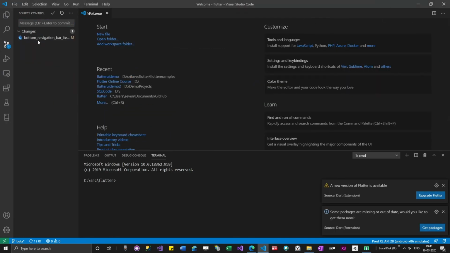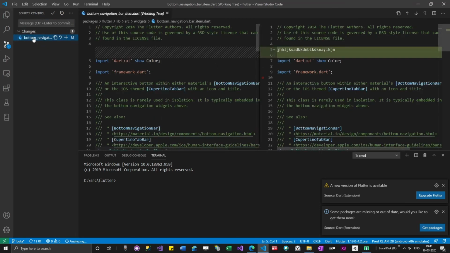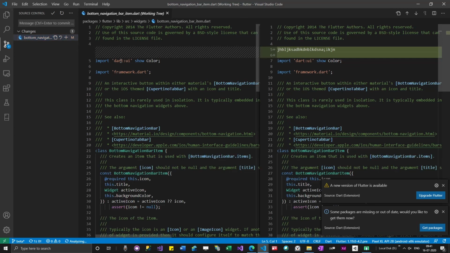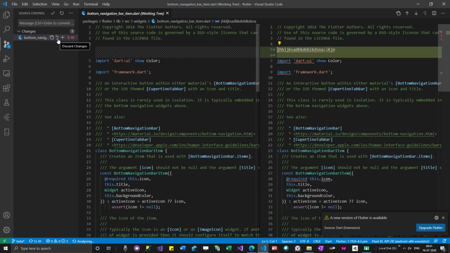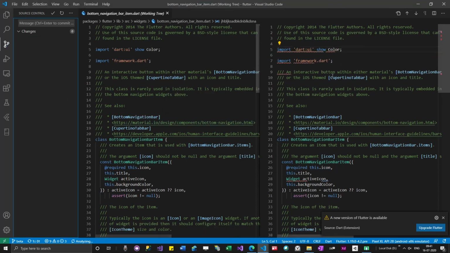What I can do is go to that code and see what has changed. When I click it here, it shows me this green part is changed. I can just use discard changes and then discard. Now I have rolled back the file to the previous state.